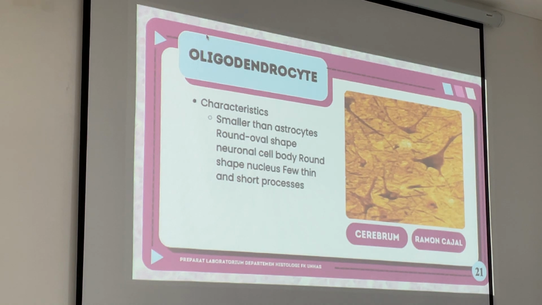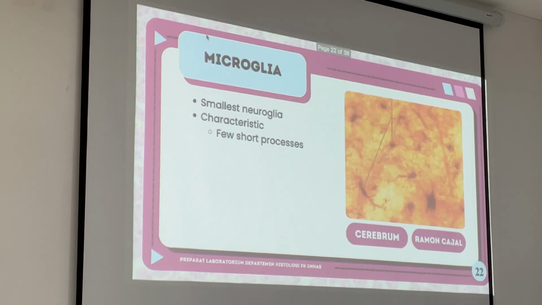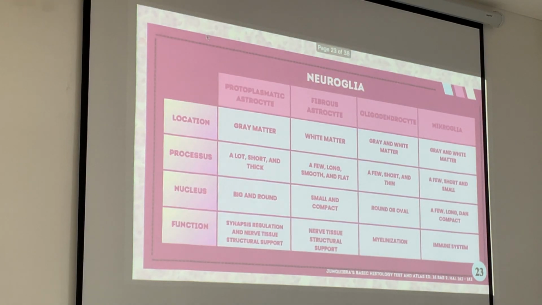The oligodendrocytes can produce the myelin in the central nervous system. The function is almost the same as Schwann cells. And in the case of microglia, the perikaryon of the cell body is rounded. The protrusion of the dendrite is longer than the protoplasmic astrocyte, but the perikaryon is much smaller. The function is actually as immune cells.